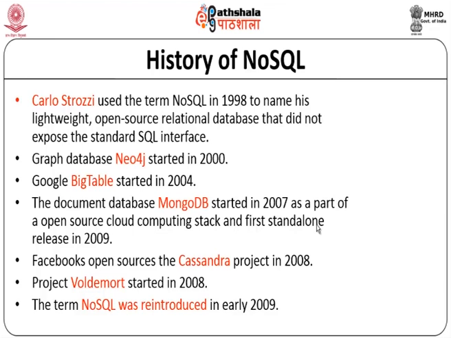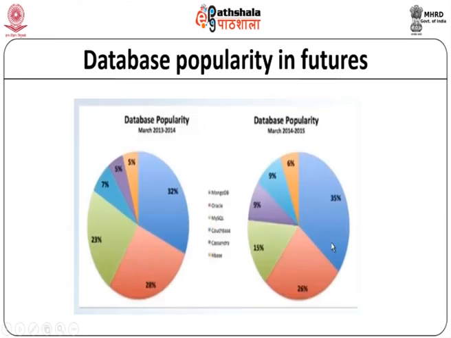Facebook came up with the Cassandra project in 2008. Project Voldemort was started in the year 2008, and the term NoSQL was then reintroduced in early 2009. Now, this is the evolution of NoSQL databases. Now, let us understand how these databases, especially the NoSQL databases, are popular and how their popularity is growing by using this chart. Earlier in 2013 and 14, a survey was conducted and statistics were identified, which said 32% of